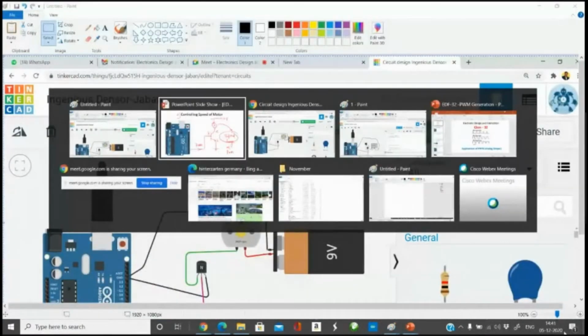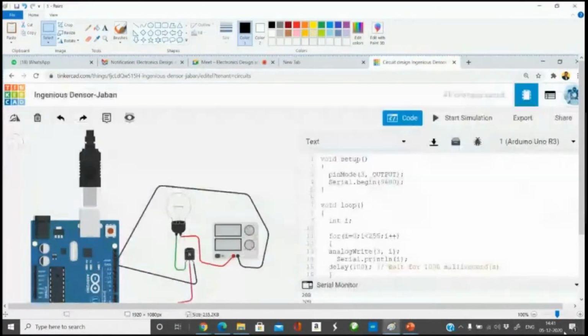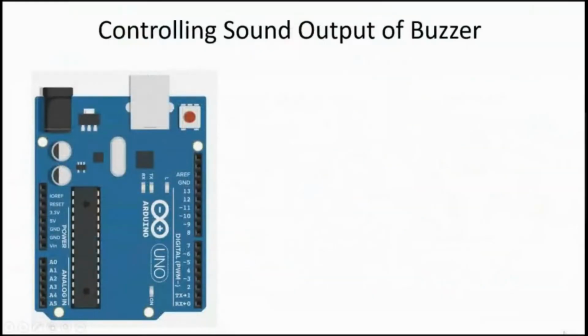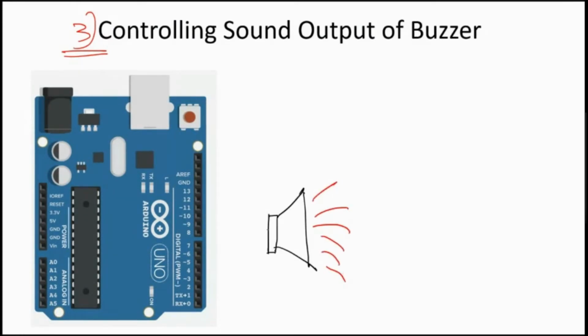Third application, what we are going to see today is controlling the sound of a buzzer. So we saw 3 different outputs and all of them are 3 different possible output devices. So I take a buzzer. A buzzer is essentially a sound generating device. The positive of the buzzer I connect it to pin number 3. This is supplying the PWM. The other end of the buzzer is connected to ground. So this will give you variable PWM. It will give you a variable tone here.